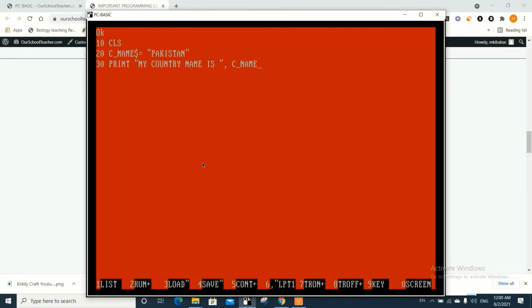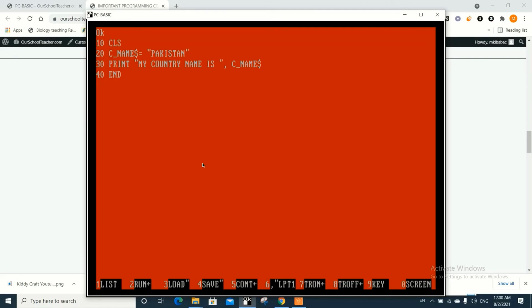Only name cannot be used, right? Then I press the enter key, and on line number 40, END. This is optional because after line number 30 there is no command. If it finds no command, then it will end the program automatically. But I am writing it here clearly to mention that I am ending my program.